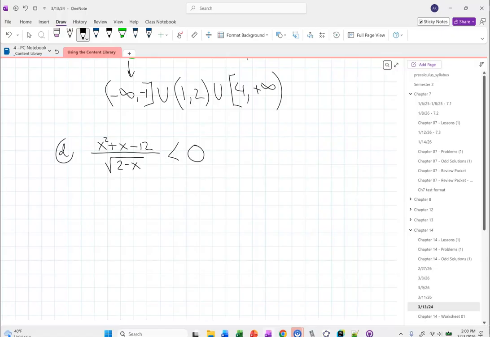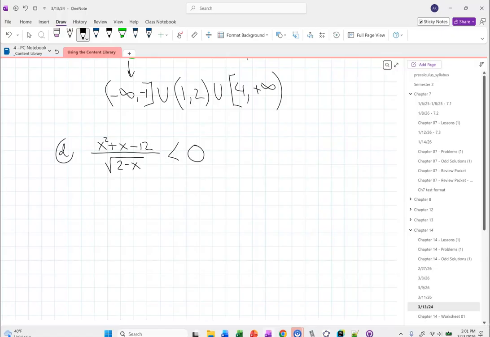What do you notice that's different about this one than all the other ones so far? The bottom one isn't a polynomial. It's a radical function, it has a square root around it. What's that going to do to us? Not much. It's going to affect where the function is undefined, because what kinds of numbers can we not take the square root of? Negatives. So we'll have to worry about that when we set the equation equal to undefined.